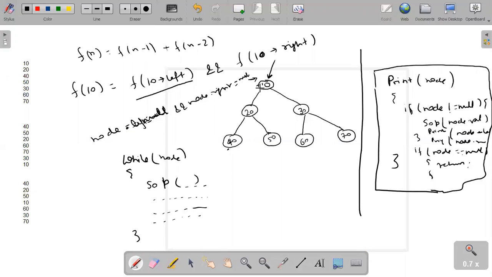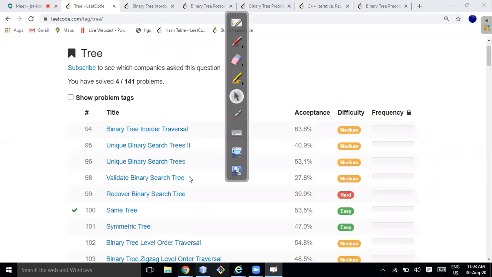If you are doing, suppose, pre-order, then first print it. After printing, I'll go to the next node and print it. So after this, you can make node equal to node dot left. That's good, and then it will print again. But if you do it like this, let me do it, then you will understand.